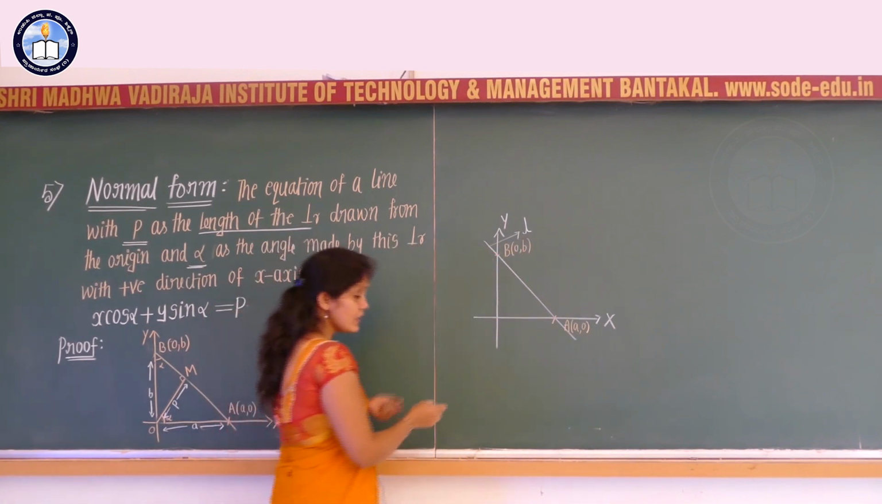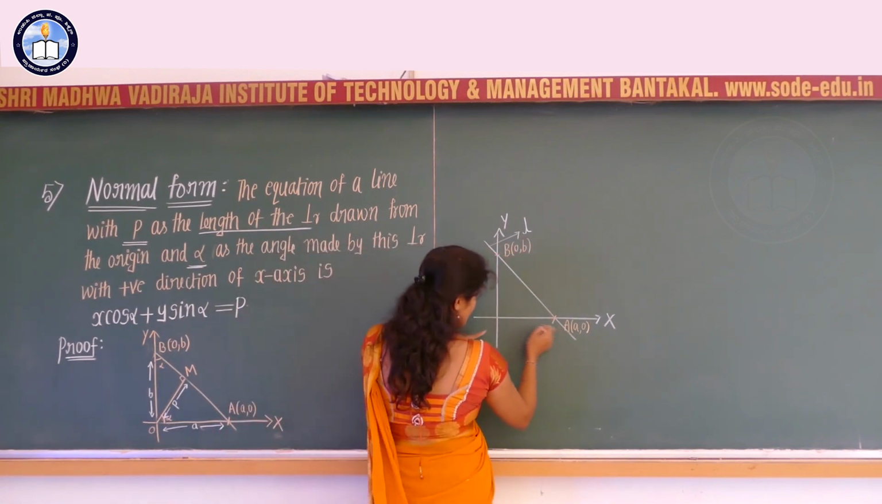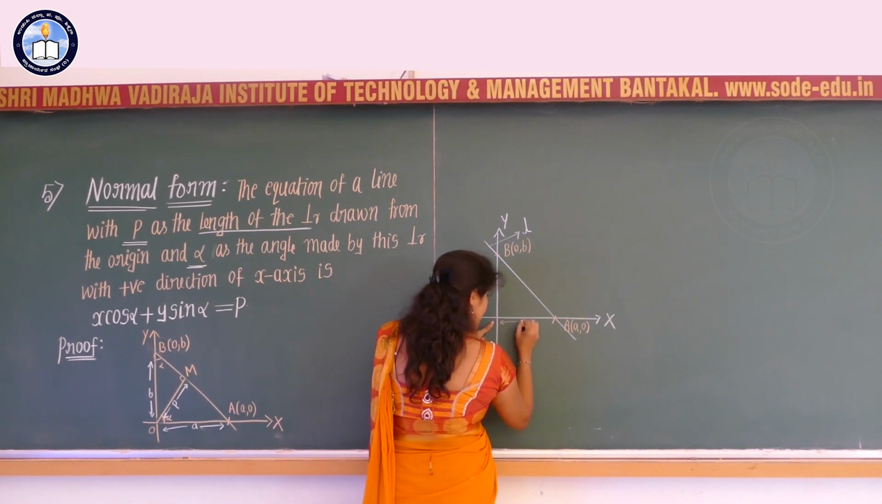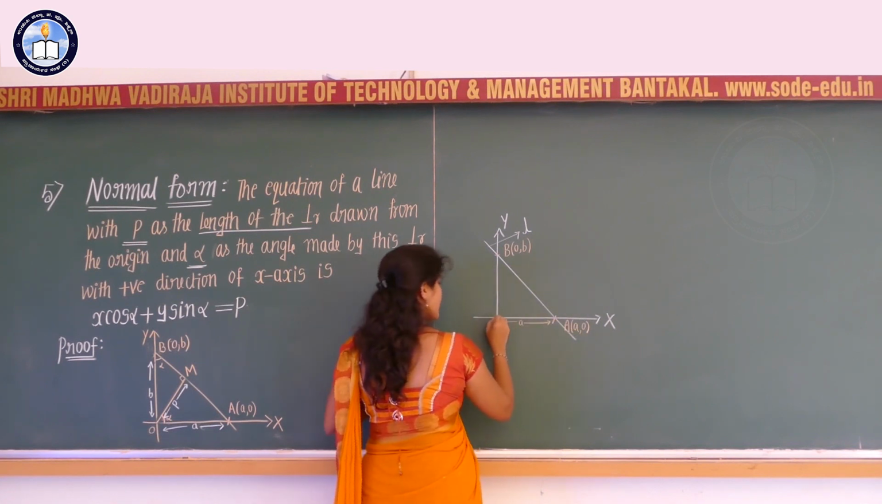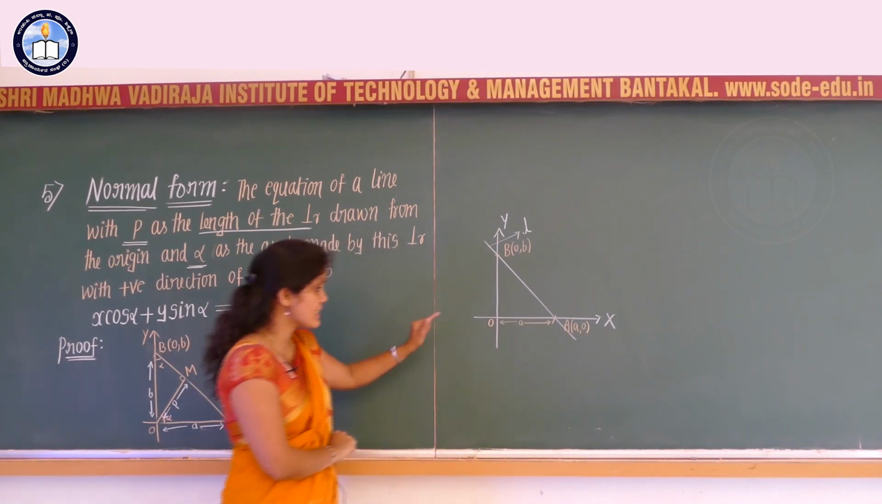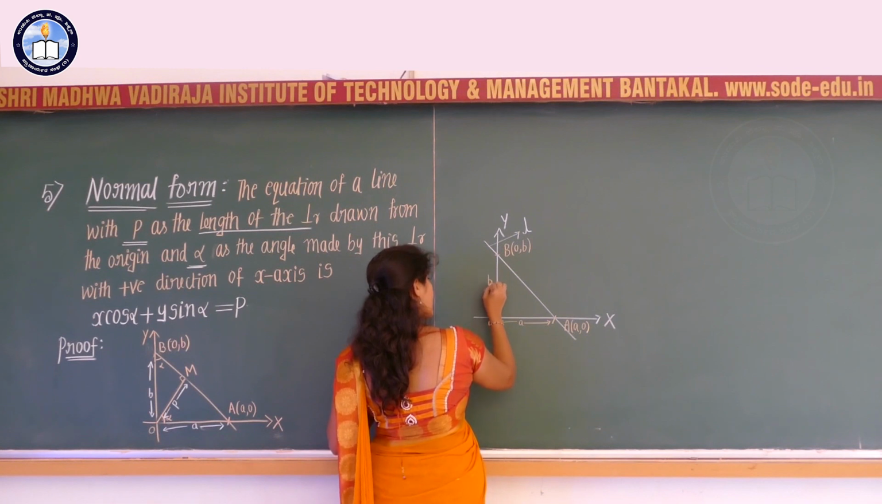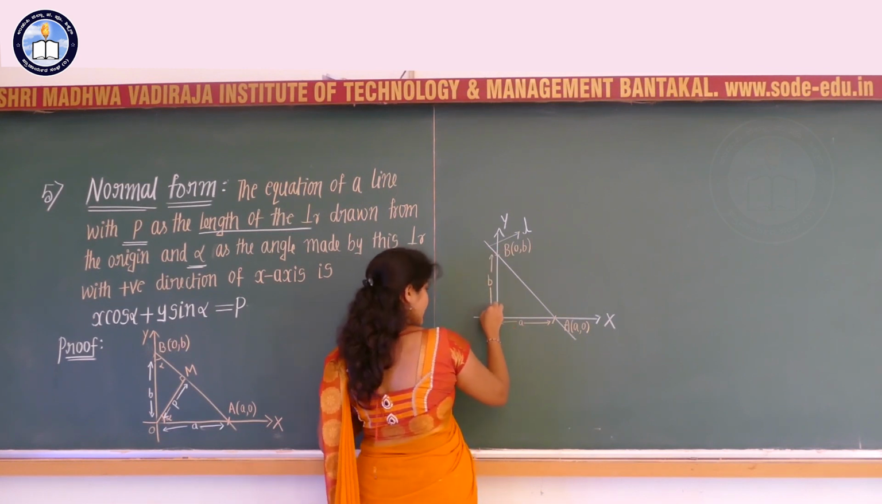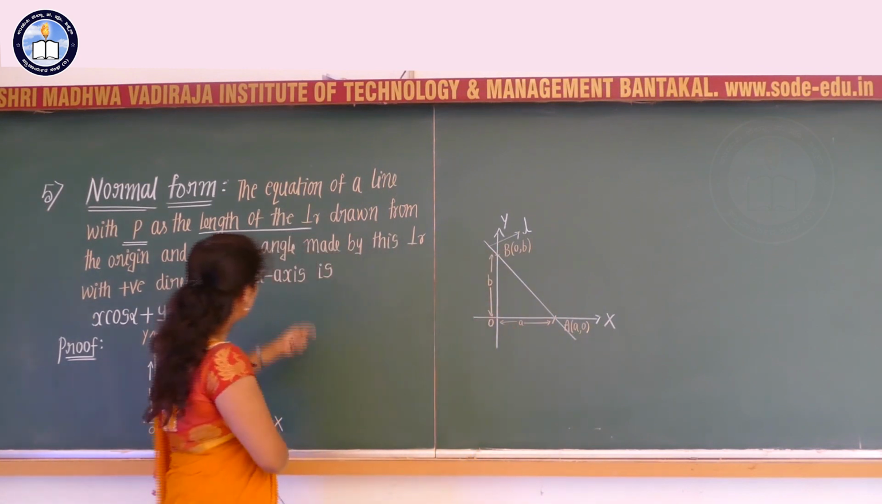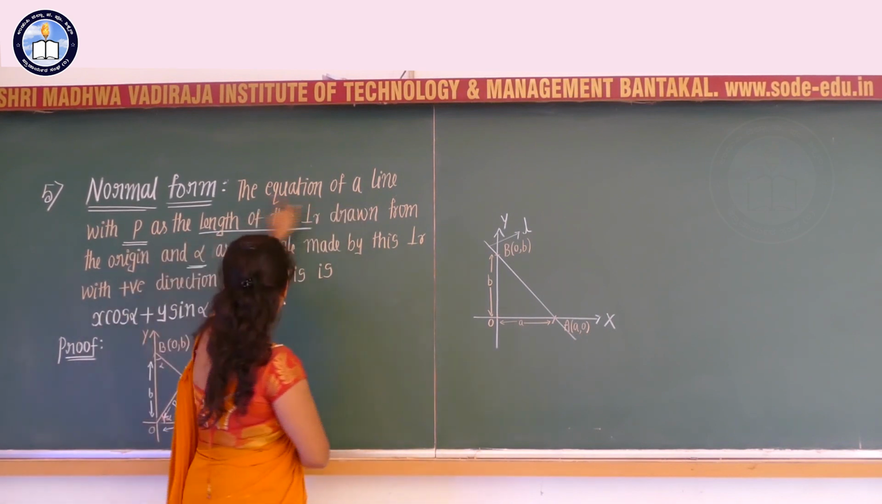Clear? And here we are using the concept of intercepts. So what is this distance? The distance from the origin to the point A is nothing but A units, and the distance from the origin to the point B is nothing but B units. Clear? So now we need to consider the equation of the line L